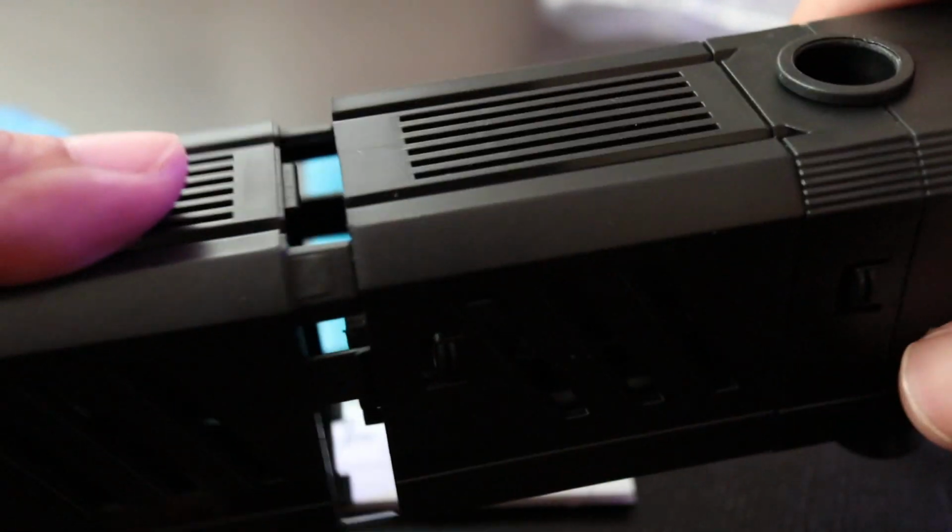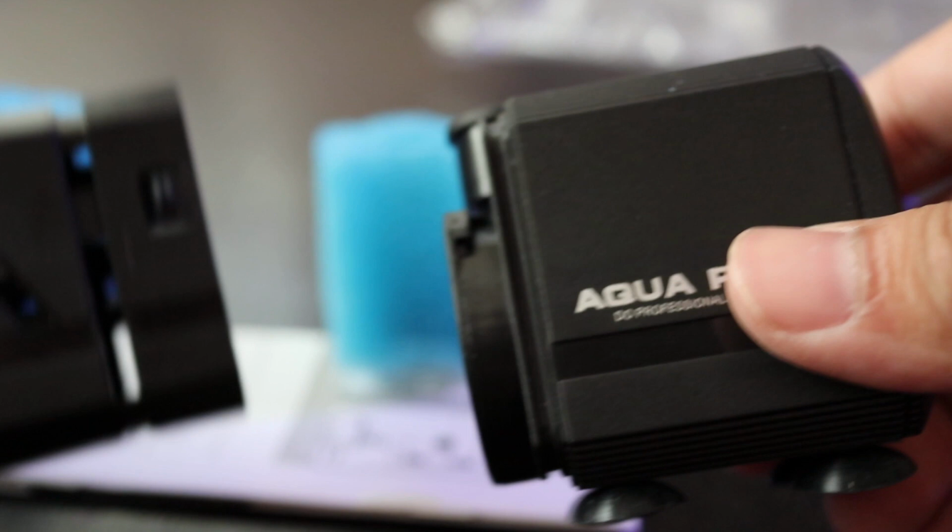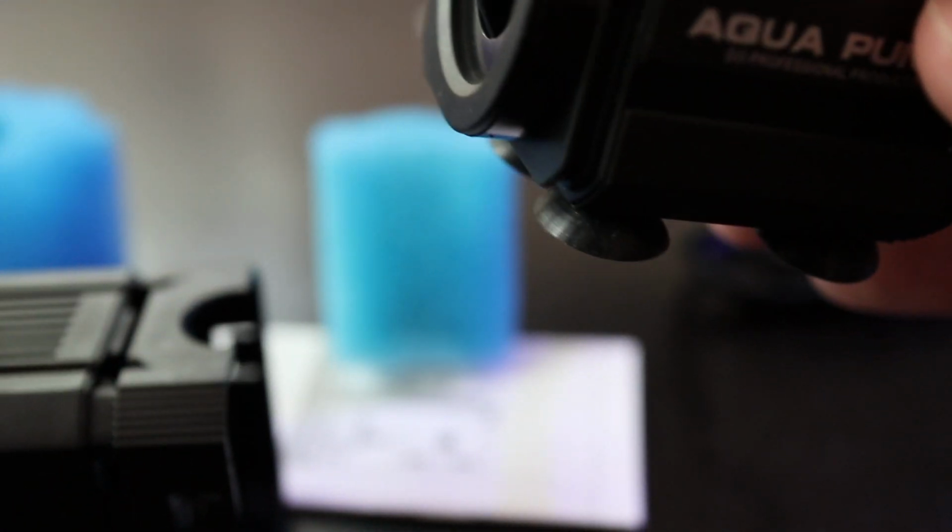And I wanted to use this area and stuff it with floss, so when I'm scraping all of the algae and stirring up everything in the tank, this pump would be going off, and I'll have filter floss in here, and as it's sucking in water, all of the detritus and gunk would get stuck in the unit itself. So I have everything apart. This is the pump itself,